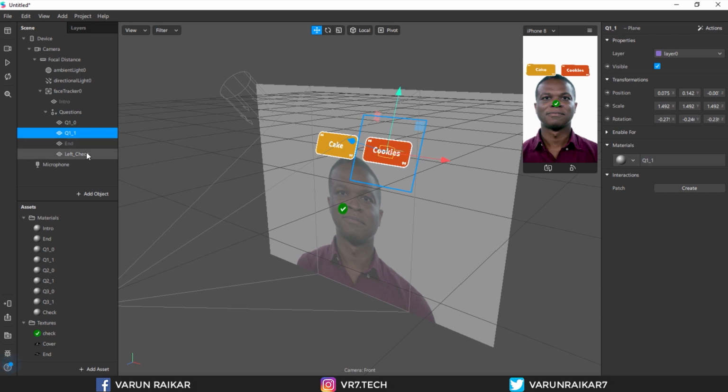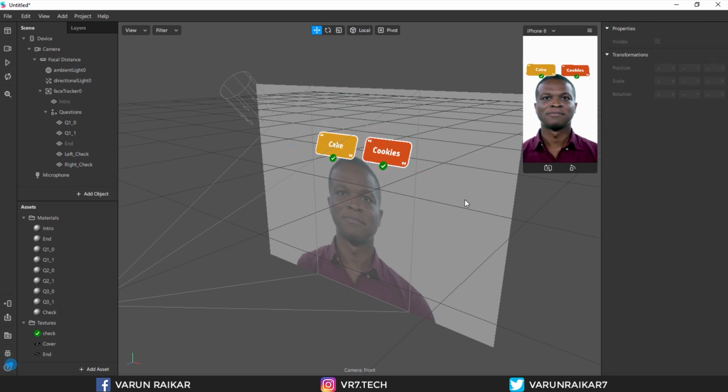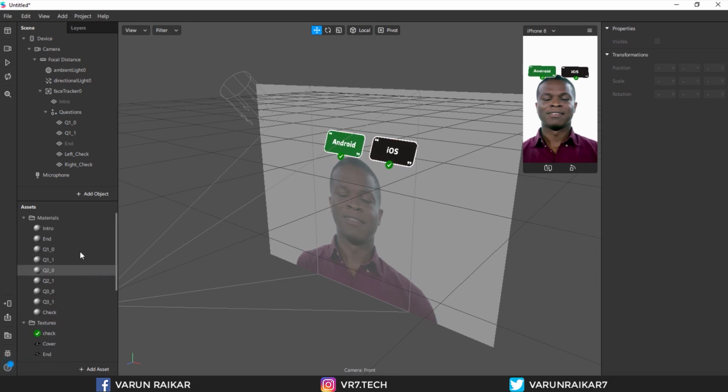So we need to create 2 planes for that. One is left check and one is right check, and adjust its position. So now I have adjusted the position of the check images.